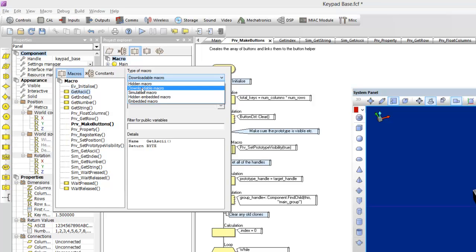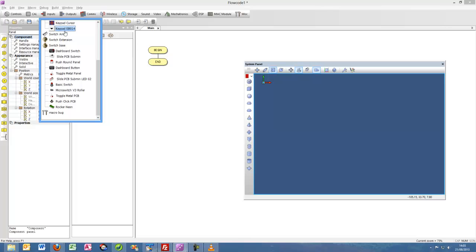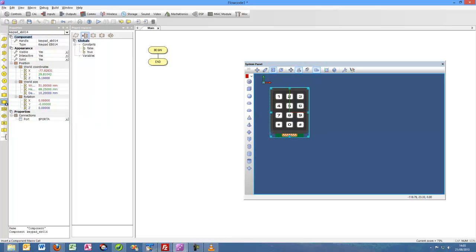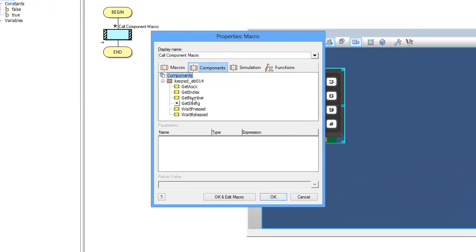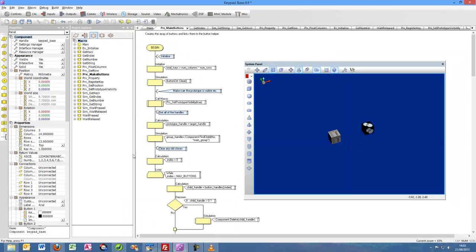When your component is added to the panel, downloadable macros will be selectable when a call component macro is added to the panel. I'll briefly demonstrate this now with the keypad example. As you can see, the downloadable macros are listed here in the interface manager with the icon next to them. If I go to my empty project here and add a keypad, then drag a call component icon onto the flowchart, then double click, what I can see listed are the visible downloadable macros from the previous flowchart. Okay, let's go back to the keypad source flowchart